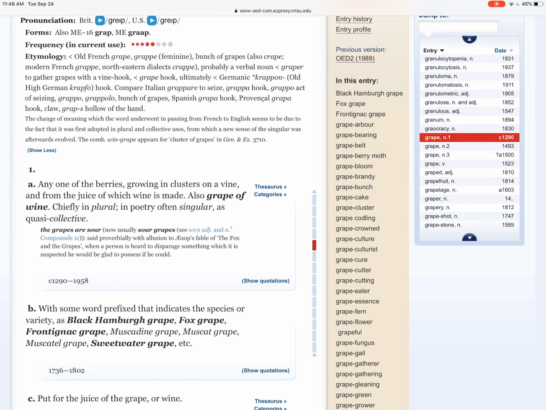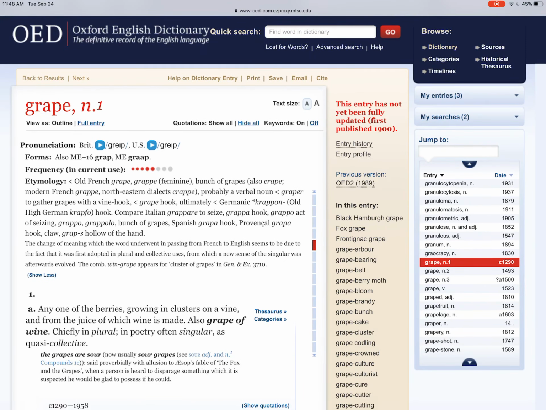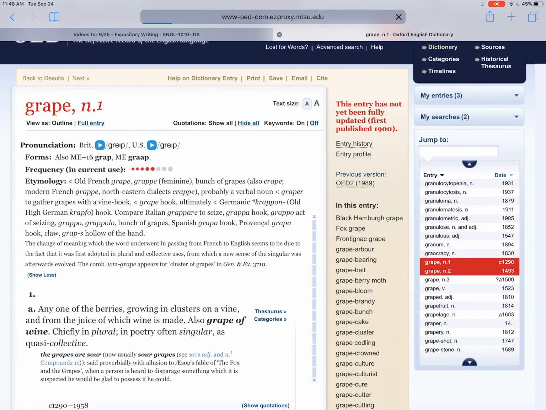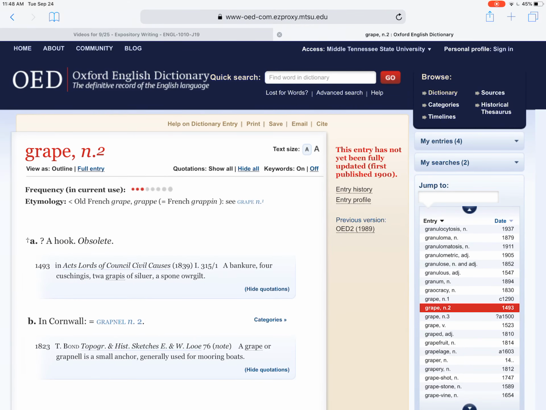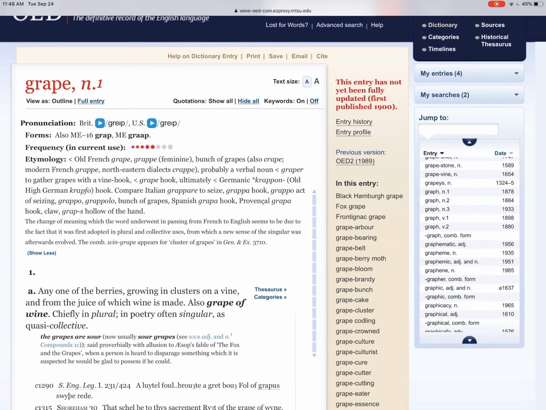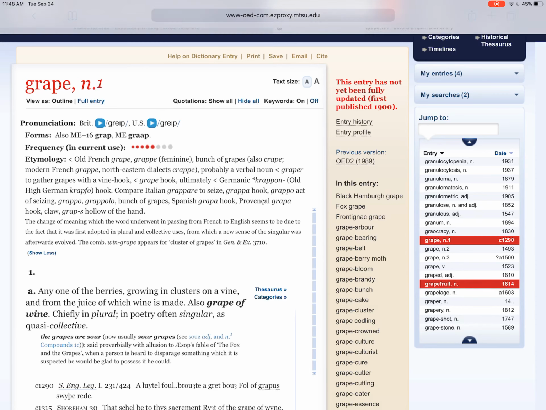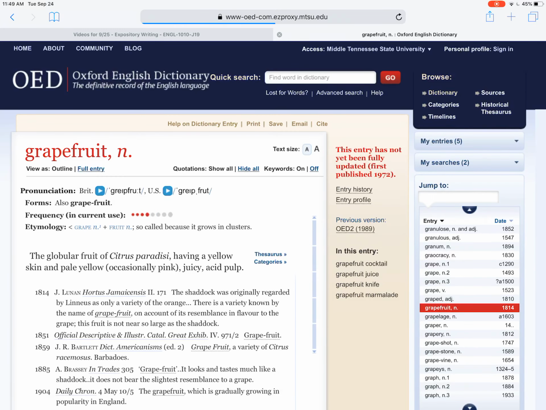You can see on the right hand side of the screen, it's very easy to get to the other nouns or the verb. Right here, a grape is a hook. I can go back to the one I was looking at before. It's also easy to see that there are lots of words that use grape in them: grapevine, grapeshot, grapestone, graper, grapery, grapefruit. I'm going to click on grapefruit to see